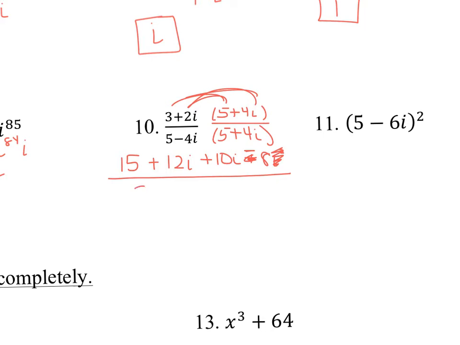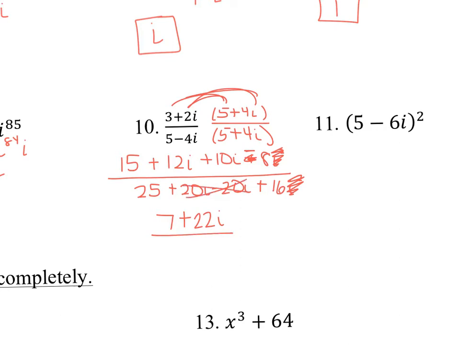5 times 5 is 25. And then I have 20i and negative 20i. And then I have negative 16i squared, which when I cross out the i squared, that makes negative 1, so that's going to be positive 16. So now all I have to do is clean all this stuff up. So I have 15 minus 8, which is 7. And then 12i and 10i make 22i. That's the numerator. And if I clean up the denominator,